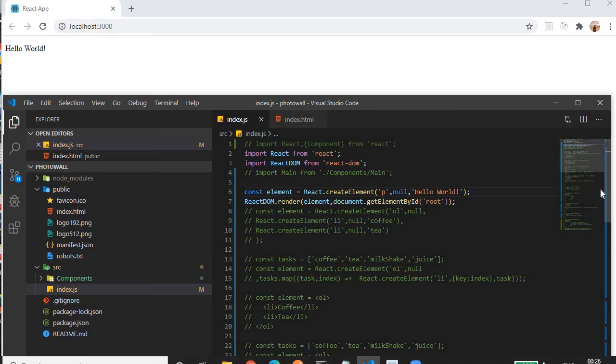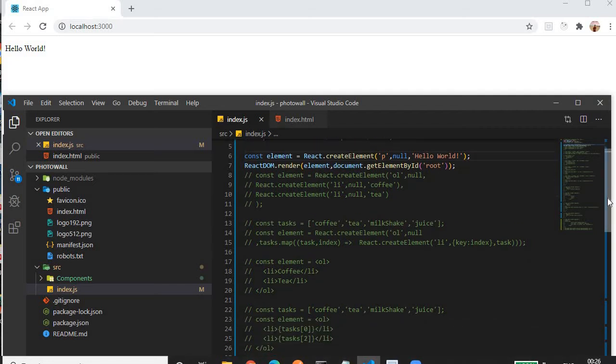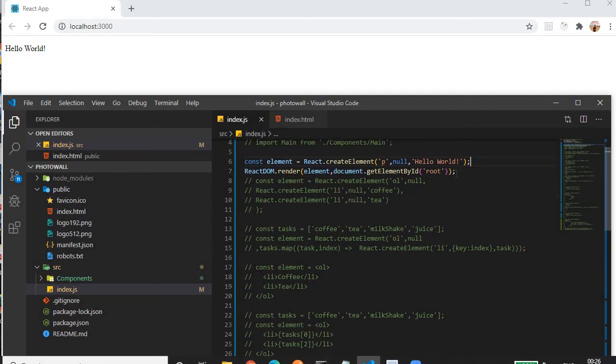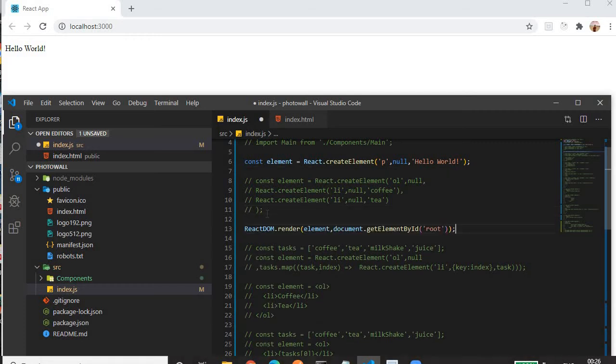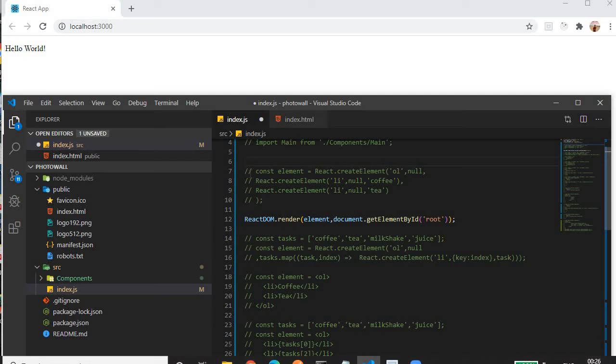Now we'll see how we can create a nested element in React.js. So for creating a nested element, what do we have to do? Let me copy this code below, and we don't need this code anymore because we already explained it, so I'll remove this. Now we'll see how we can create a nested element within an element. For that, the best example will be a list element. As we know, for creating a list, for creating any element, what do we have to do?